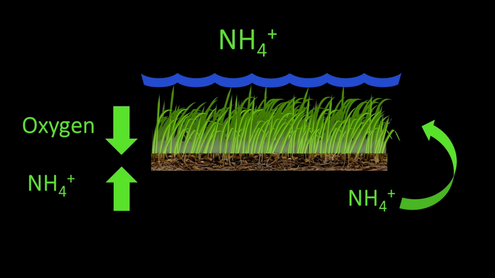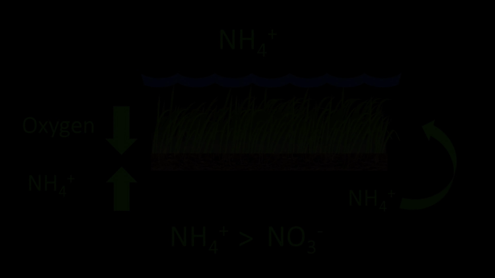Both the water and the sediment are potential areas of assimilation, as seagrass absorbs nitrogen through both shoots and roots. Seagrasses have also been found to prefer ammonium over nitrate, the other common form of nitrogen in marine environments. The effect of seagrasses on ammonium is dependent on the time of day.